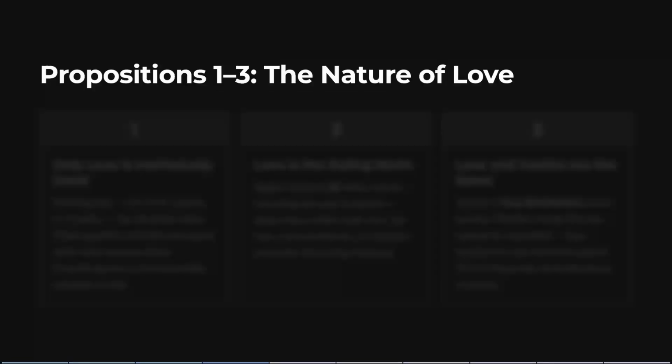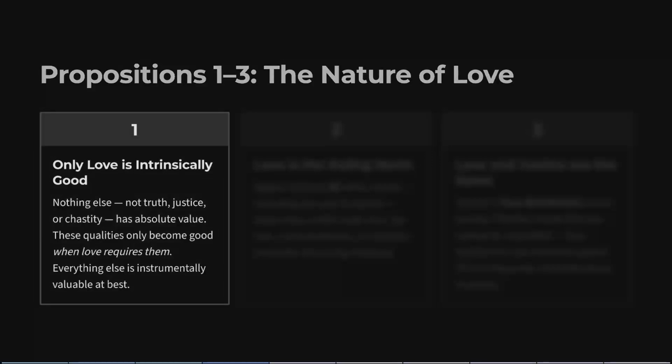Well, the first 3 propositions define what love is at its most fundamental level. Let's look at the first one. Proposition 1. Only love is intrinsically good. This is one of the most philosophically radical claims in the entire theory, and it deserves to be treated as such. Fletcher is saying that